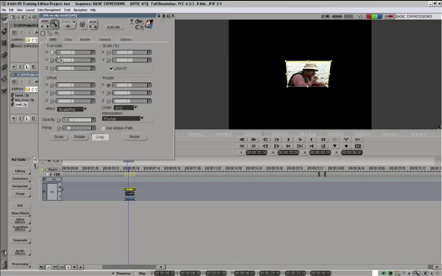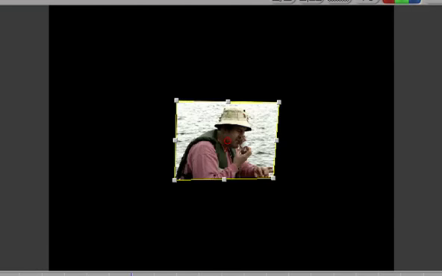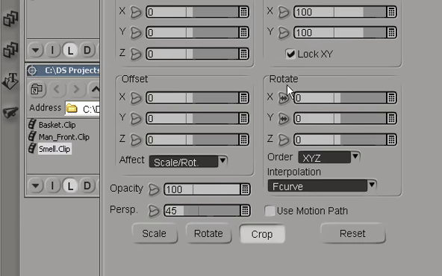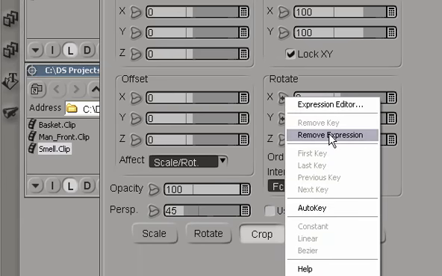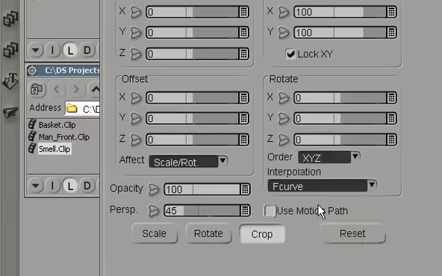We don't have to stop there. We can actually link a couple of things. There's no limit really. I'll link X to Y rotation. So now what's happening is the picture is spinning on two axes as it's panning left and right. We can manipulate the effect through effects properties, and in case of DVE, as always, we can move the picture right here in the record window, and all three parameters will move accordingly. So that's not bad. Let's reset this. Remove expressions by right mouse clicking and removing, and let's try something else by